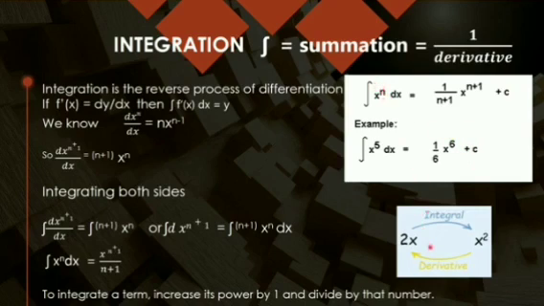Like if I am taking derivative of x square, that is 2x. But if I want to take integral of 2x, 2 is a constant, will be taken out. So x power 1 plus 1, x square by 2, so that will cancel. So this is just for an example. If I am taking derivative of x square, it is 2x. If I take integral of 2x, that is coming out to be x square. So this is just to understand that both are related with each other. So you have to simply increase the power by 1 and divide by that number which is coming by adding 1.